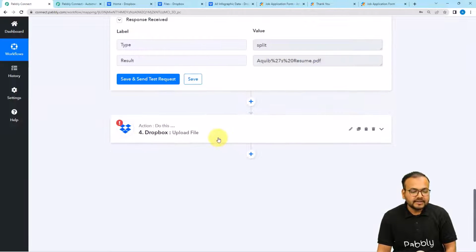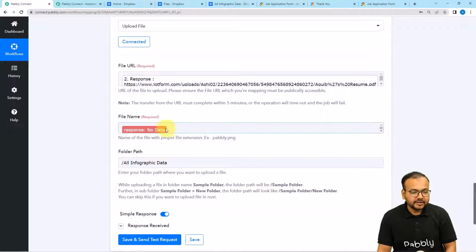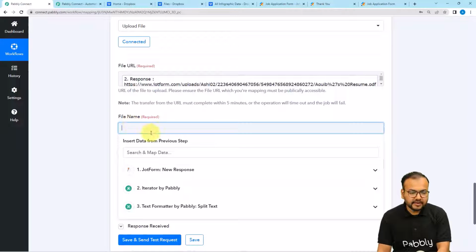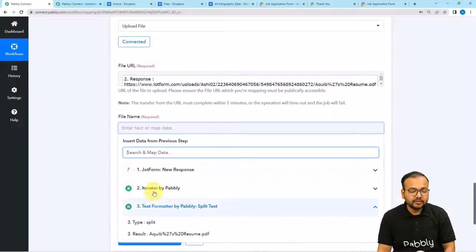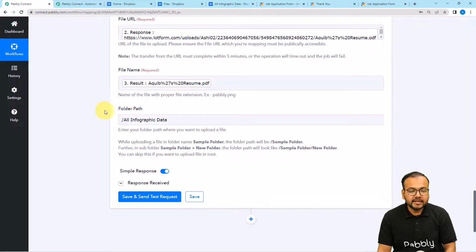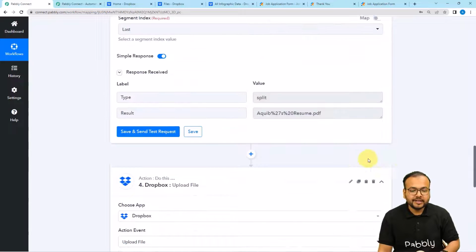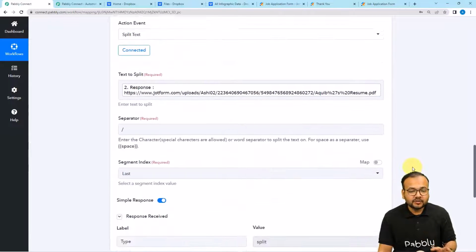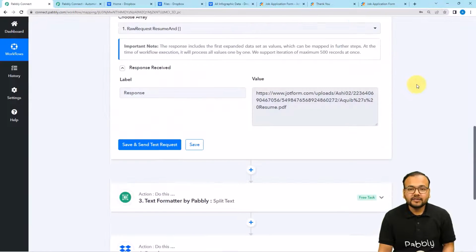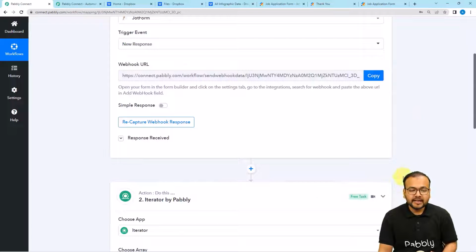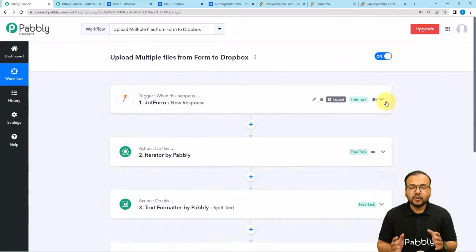Now we can map this name in this label here. You can see it is asking for the file's name again. From this last text formatter step, map the result label as the name of the file. And now this automation is complete and error free. And you can use this workflow as well, as I'm going to paste the link of the same workflow in the description, and you can clone this workflow in your own free Pabbly Connect account and start using this